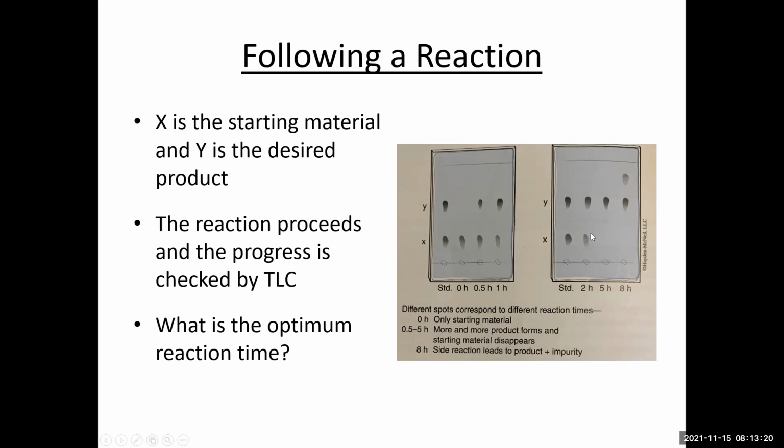If they don't stop the reaction, let it continue, and take a TLC after 8 hours, sometimes it's possible that you will have a continued reaction where the product continues to react to form a different product. So this is presumably an undesired product that's forming after a certain period of time, right? So you can see how TLC can really be used to monitor the progress of a reaction, and it can help us determine the optimal time for a reaction to take place, right?